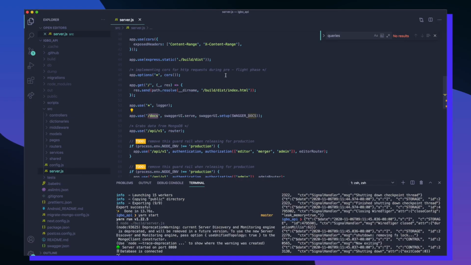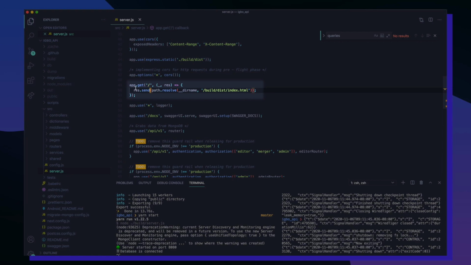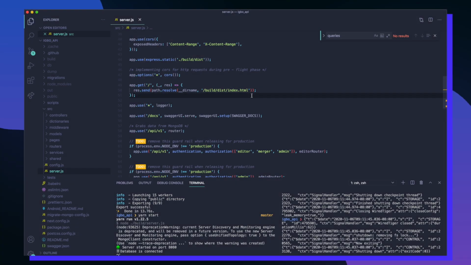So we want to take that same approach of when a user requests a certain route, we're actually going to serve up an entire site to them. So we can see that happening on line 49. If a user makes a GET request to the root route for our API, we're going to send over an index.html file. And you can see that our index.html file lives inside of our dist directory, which lives inside of our build directory. But now we have to answer the question of where does the build directory come from in